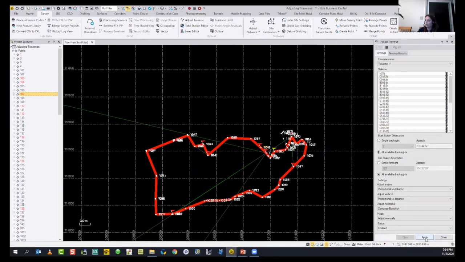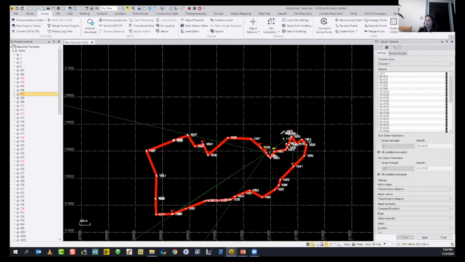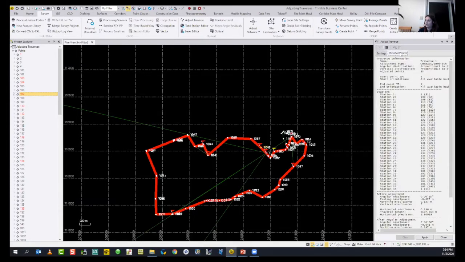If you click on apply, all the computation will be applied in your project. But TBC lets us check the preview results first. So we have two panes in here. First one is settings, other one is preview results.